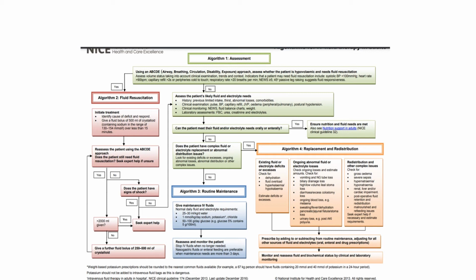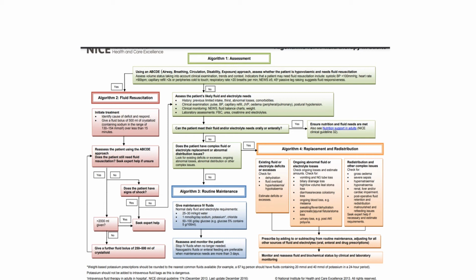For example, if the systolic BP is less than 100 or heart rate is more than 90, capillary refill time is more than 2 or 3 seconds, peripheries are cold to touch, and the respiratory rate is more than 20 breaths per minute, we do something called the 45-degree passive leg raising test, wherein after about 30 seconds we look for the response. The response includes either a 10% increase in the pulse pressure or 8% increase in the cardiac output. But for that you need either an echo machine to look for the improvement in the cardiac output, or an arterial line to look for the change in the pulse pressure,